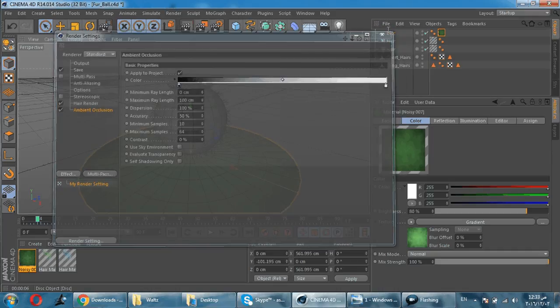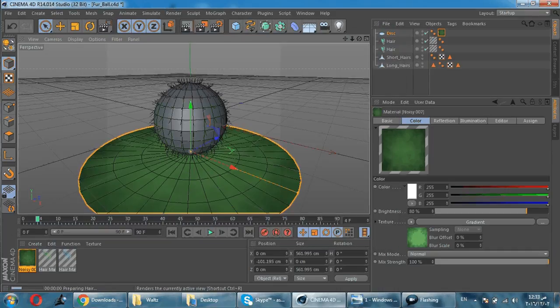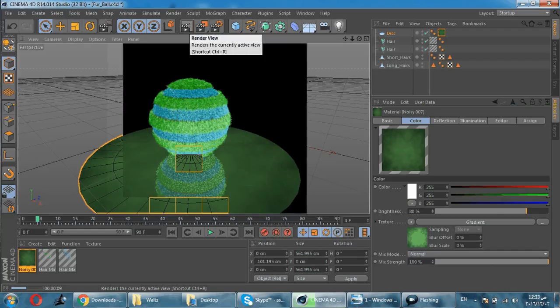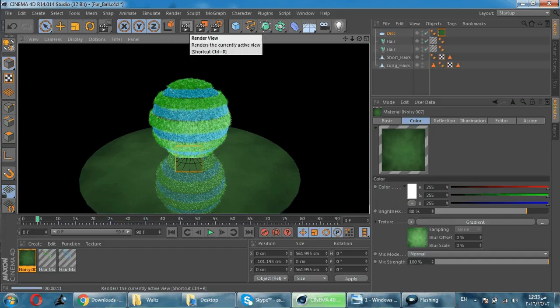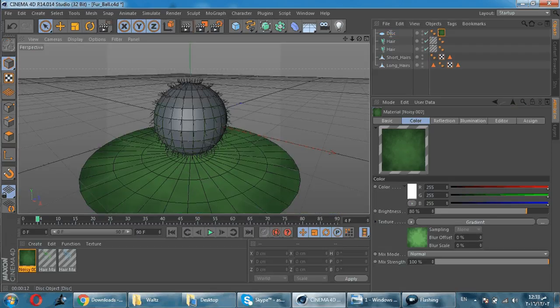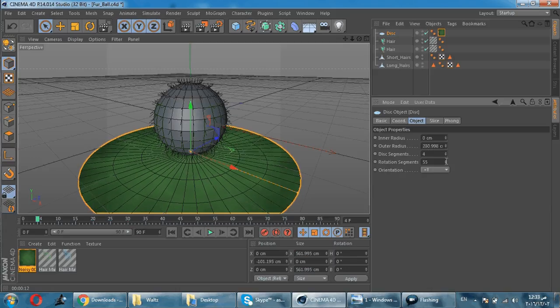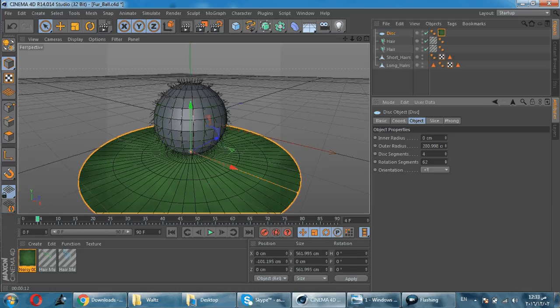Okay, now it's popping up on my screen. The shadows of my hairs are here available on my disk. My disk looks a little bit draggy, so I will raise the rotation segments. Actually, I don't like that material, whatever. I will raise the reflection in it, and I will use a specular. It's not added. Maybe this can change something. Okay,